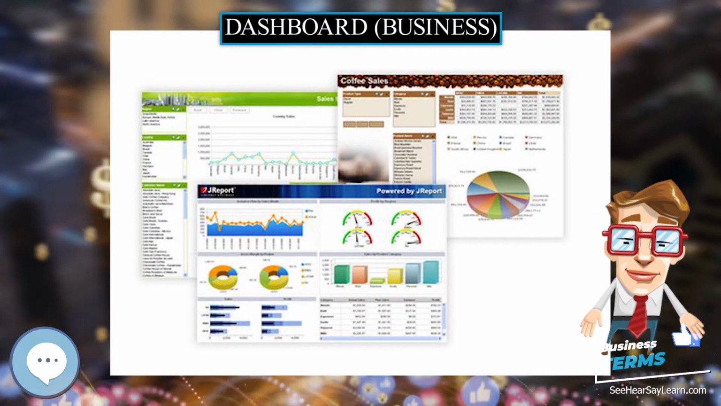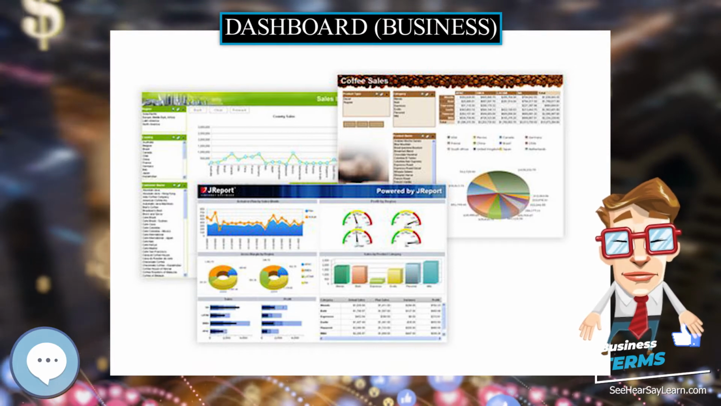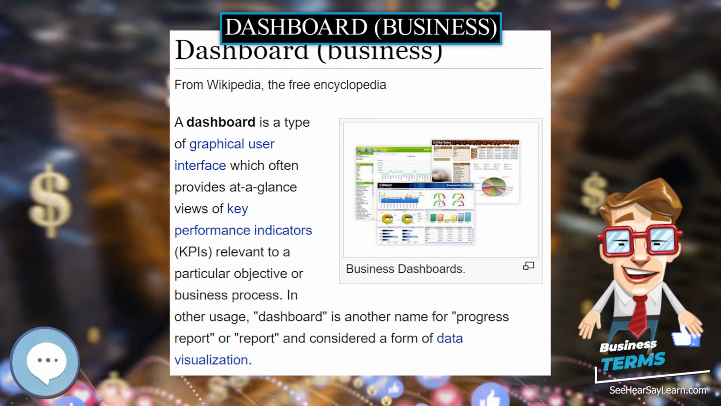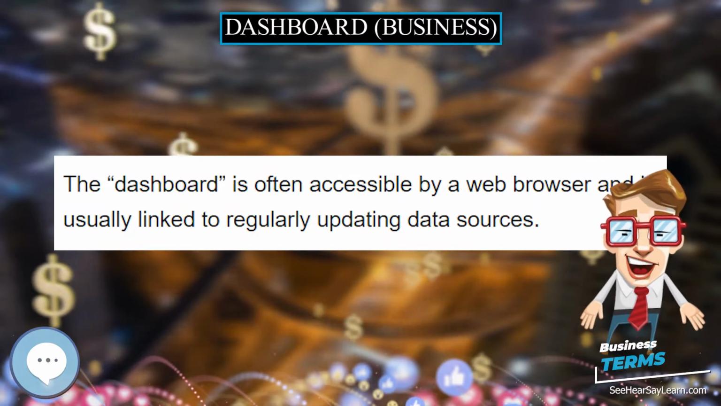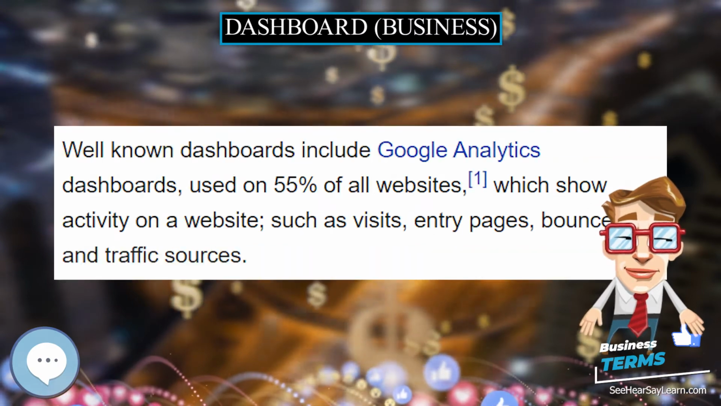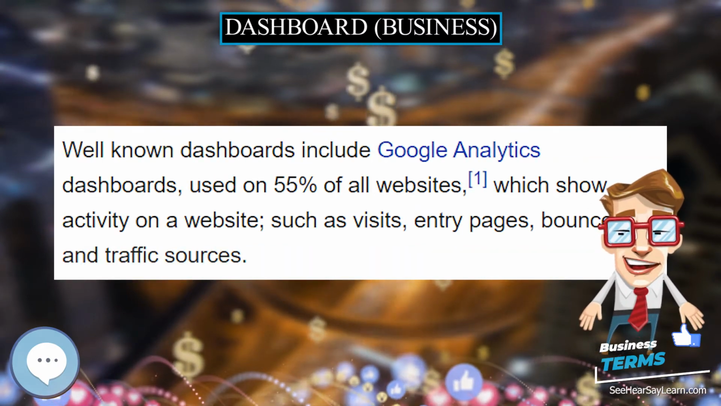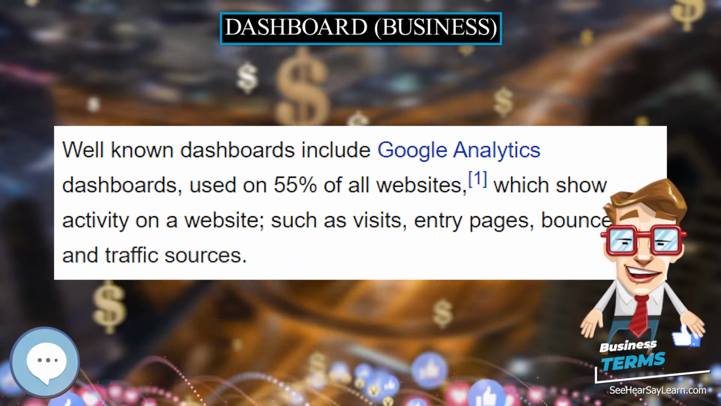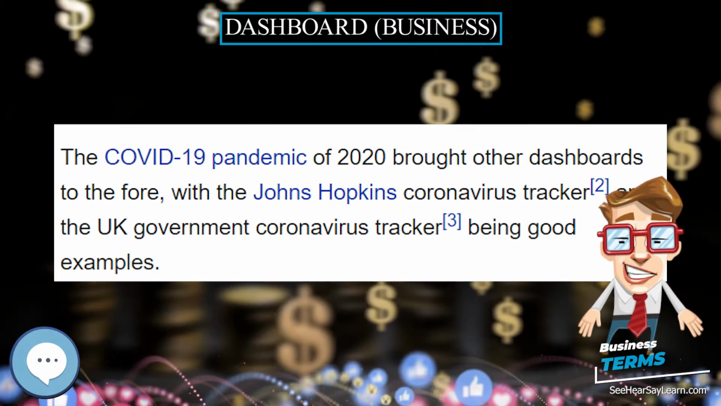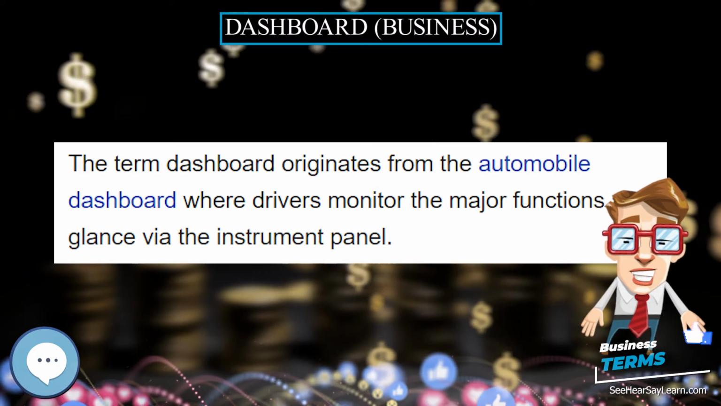Dashboard, business. A dashboard is a type of graphical user interface which often provides at-a-glance views of key performance indicators, KPIs, relevant to a particular objective or business process. In other usage, dashboard is another name for progress report or report. The dashboard is often displayed on a web page which is linked to a database that allows the report to